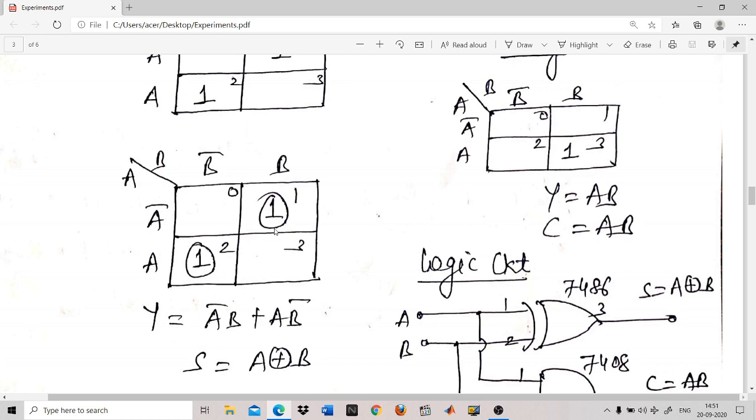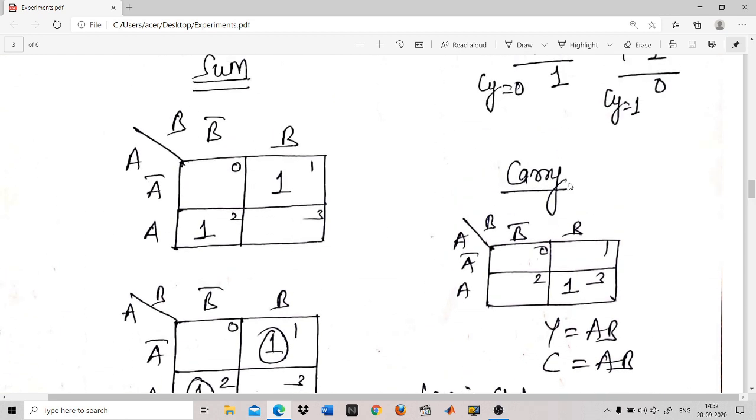So when you are restricting yourself to the ones, what will you get? A bar B. So A bar B we have written here. Then the second one will be A B bar. Now here if you apply De Morgan's theorem, what will you get? A XOR B.